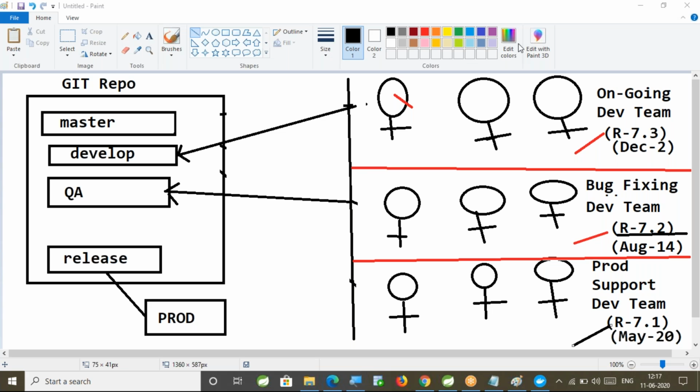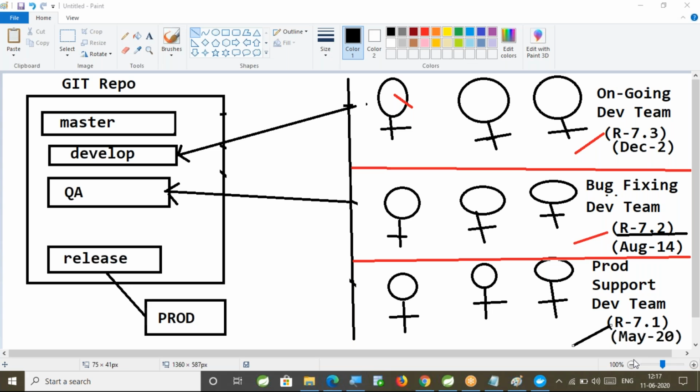Now, our project will have multiple releases. For every release, we will do some functionality development. That functionality code we will release to production. Parallelly, some members will be working on the development. Some members will be working on the code which is already developed, bug fixing. Some members will be working on the code which is already released to production. Like that, multiple teams will be available in the development. So if multiple teams are working parallelly, then branches are required in the Git repository.